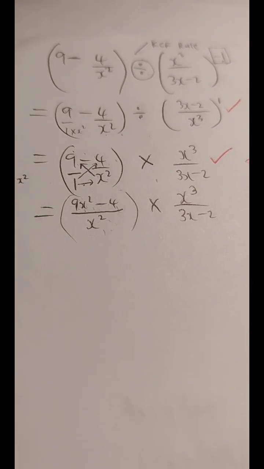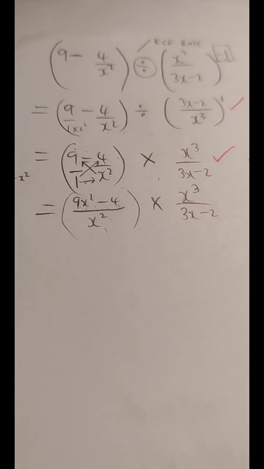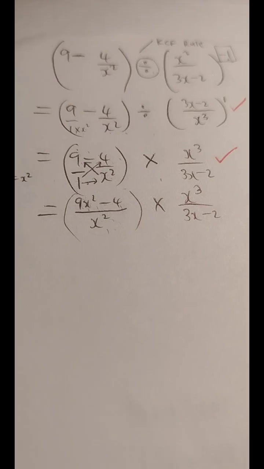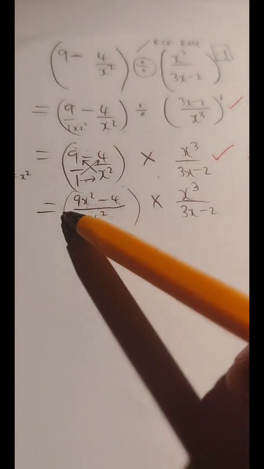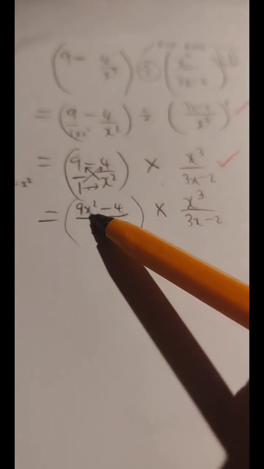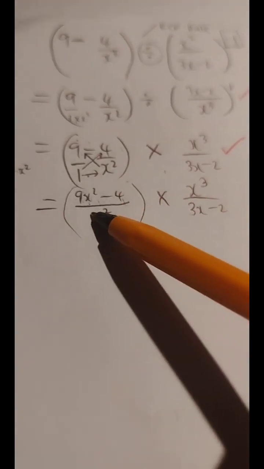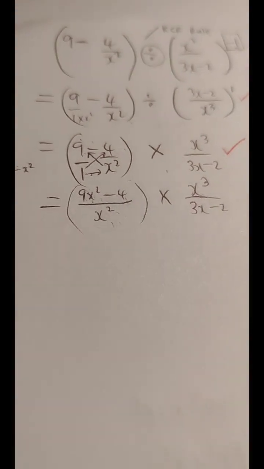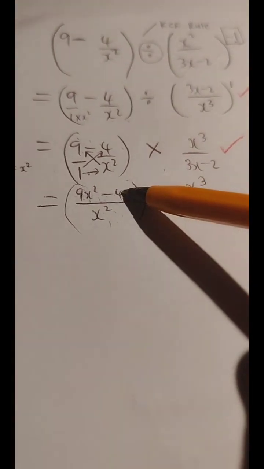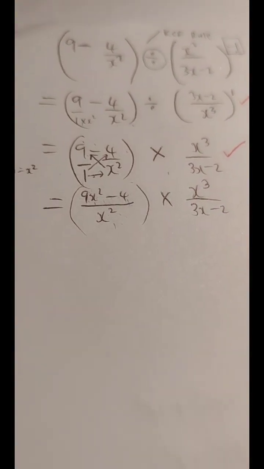Because a perfect square number is a number that is formed by multiplying a particular natural number by itself. What is that natural number that you multiply by itself to get 9? It is 3. All right. So that's why we say 9 is a perfect square. X squared is a perfect square because a perfect square variable is a variable that is raised to an even number. What about 4? Is 4 a perfect square? Yes, it is formed by multiplying a natural number by itself.